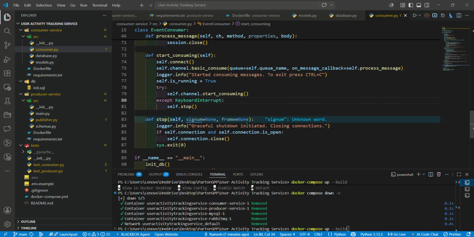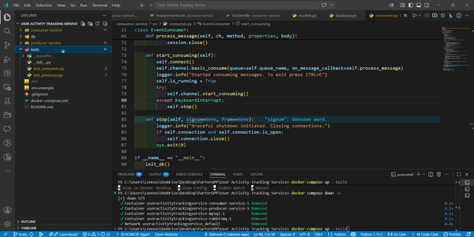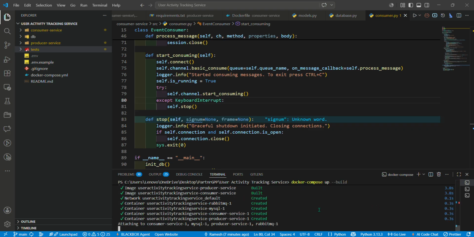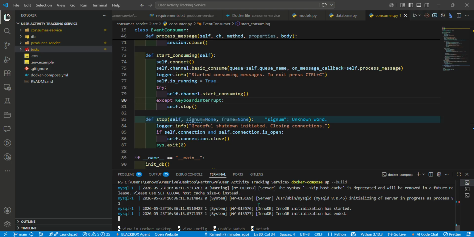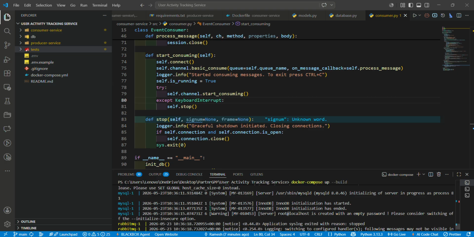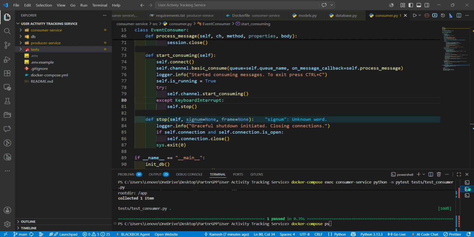Let's run this project. This project is fully containerized using Docker, and we have to create the containers and run this command and wait for some time. That's it. The Uvicorn server is running, and first we have to check that